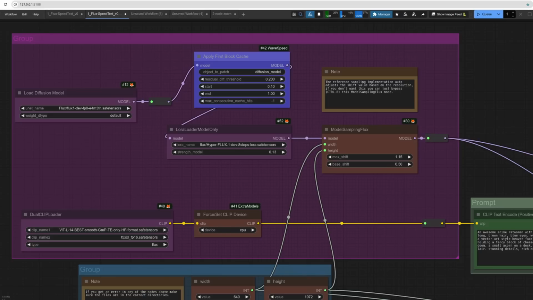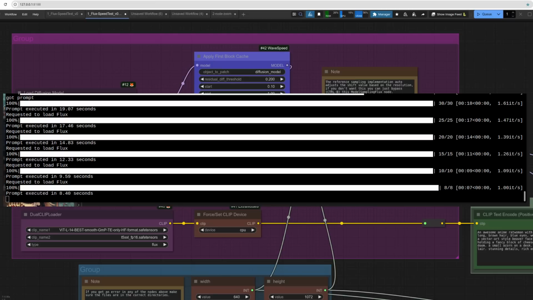Can we go faster still? How about if we combine it with something like the 8-step turbo or hyper LoRA? Well, this is where things get interesting. Take a look at this screenshot where it starts with 30 steps and around 1.6 iterations a second. However, as the steps decrease, the benefit of the cache also decreases, and by 8 steps we're hardly seeing any